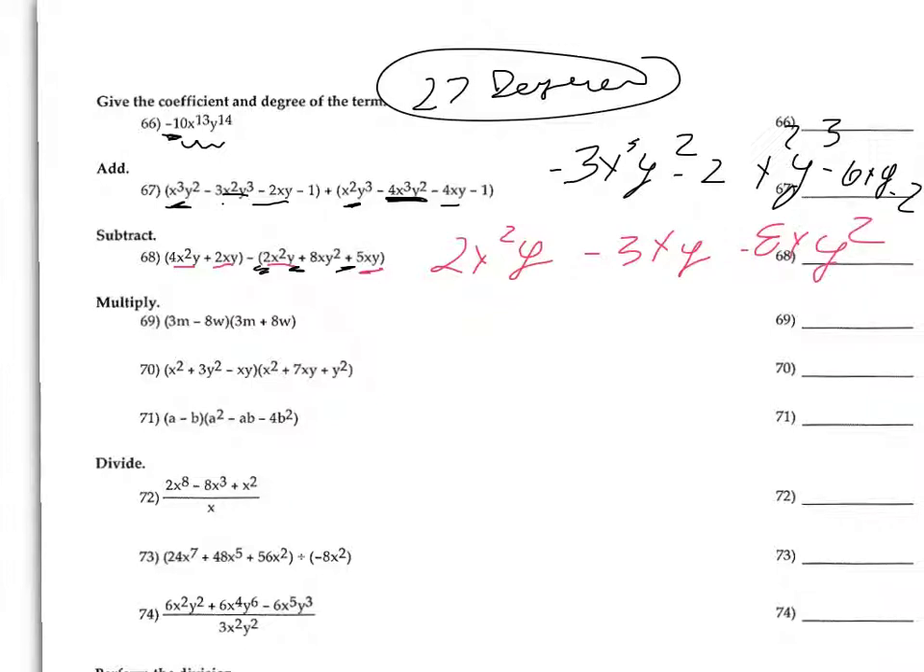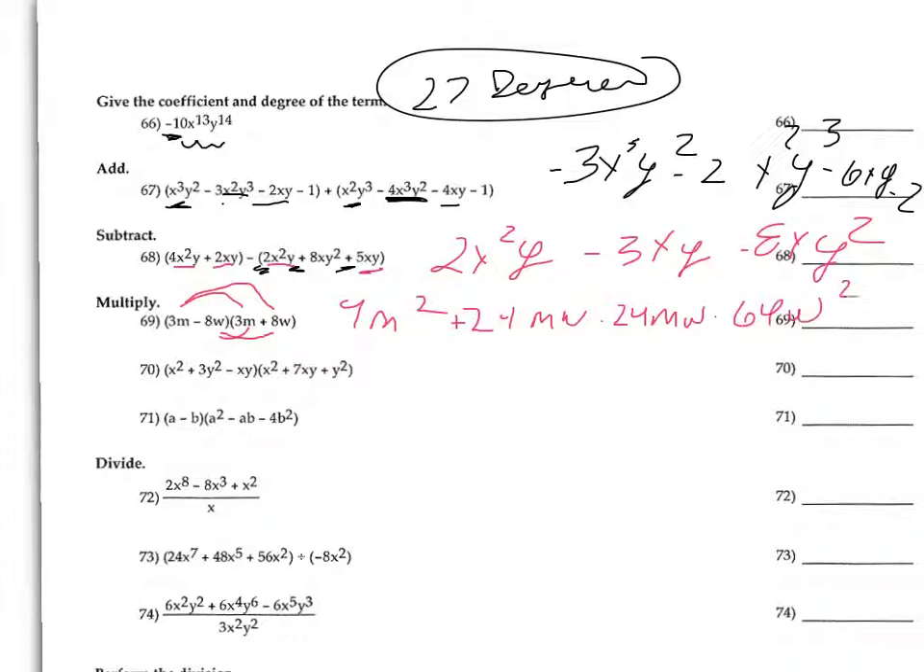So multiplying these, we can use the box, or we can use FOIL. I'm just going to FOIL this out. 3m times 3m is 9m squared. The outside here, 3m times 8w is plus 24mw. The inside, negative 8w times 3m is negative 24mw. And then finally, negative 8w times 8w is negative 64w